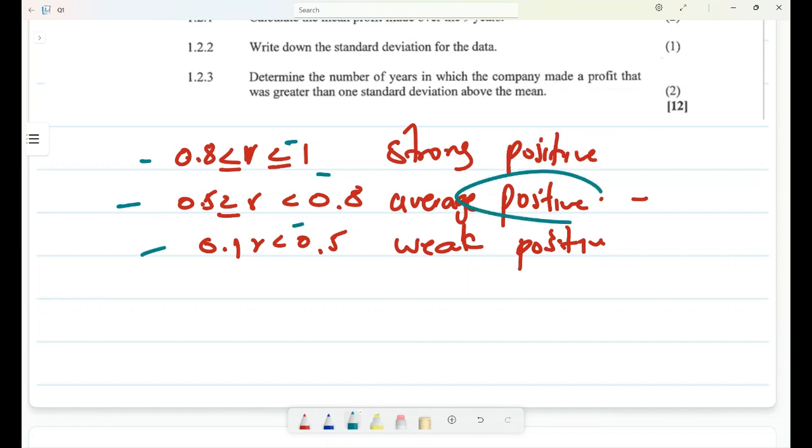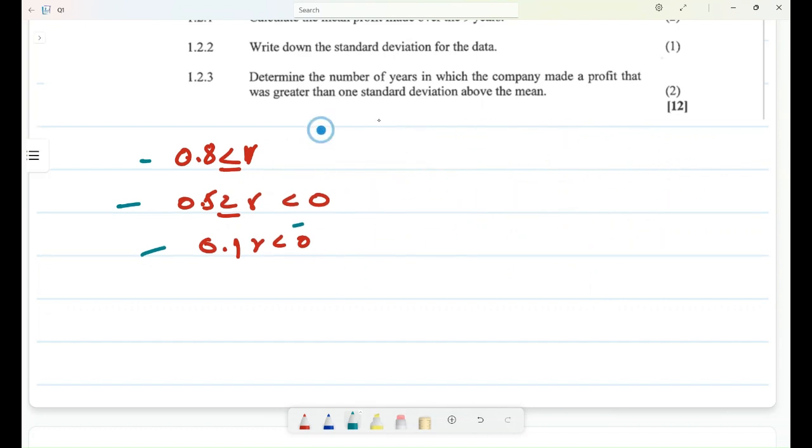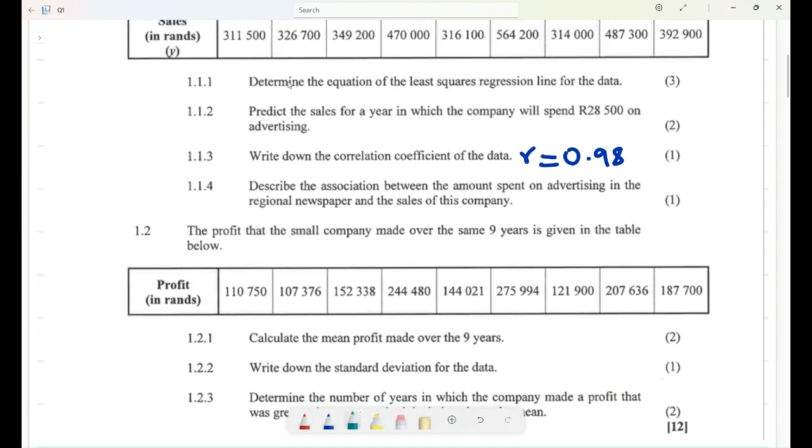Similarly, if it is negative, what will change is this part. The positive as well as the negative part. That's what I wanted to clarify a little bit in case you have forgotten. Now let's move on to